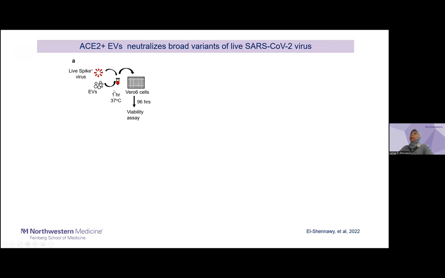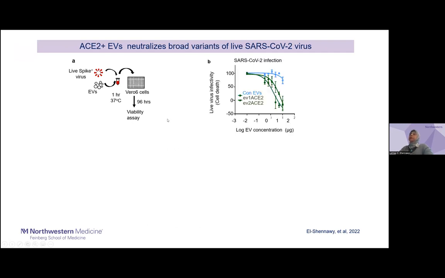And we incubated the mixtures with 0.6 cells, which express ACE2. And then we performed a viability assay where we detected cell death as an indication of live virus infectivity. You can see here that the cell death is decreased in a dose-dependent manner, indicating the decrease in live virus infectivity, which was not the case with the control ACE2 negative vesicles or